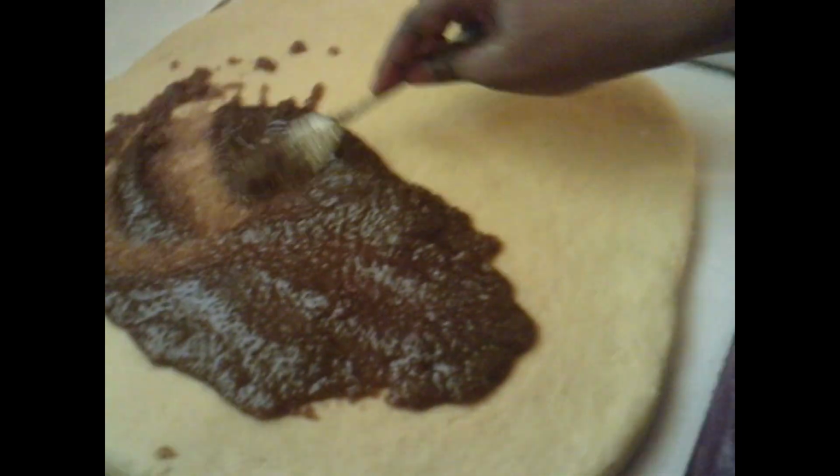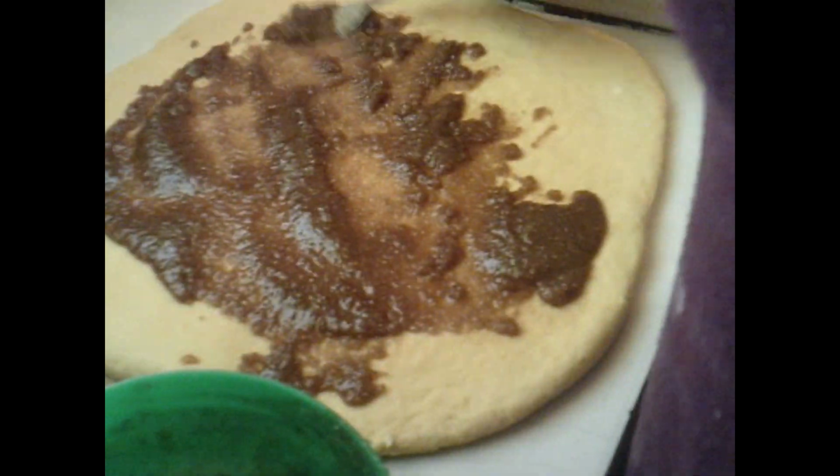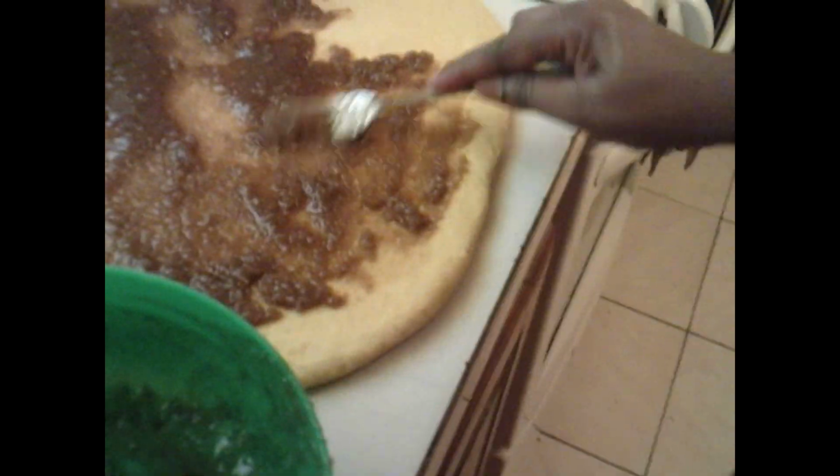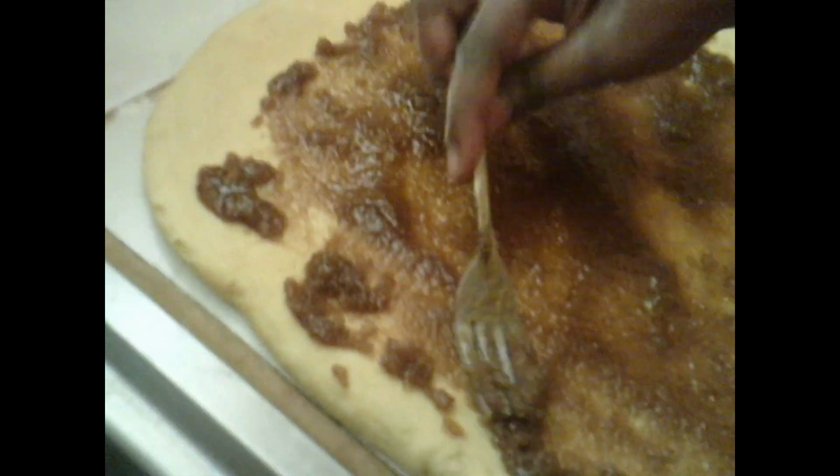we have this cinnamon mixture. I know usually people do it a different way. Sometimes they would rub the butter on the dough and then sprinkle the brown sugar and then the cinnamon. This way I think all the flavors get incorporated nicely together from the beginning, and then it makes for a really nice mixture in the end. So all I'm doing is just spreading it evenly, making sure everywhere gets